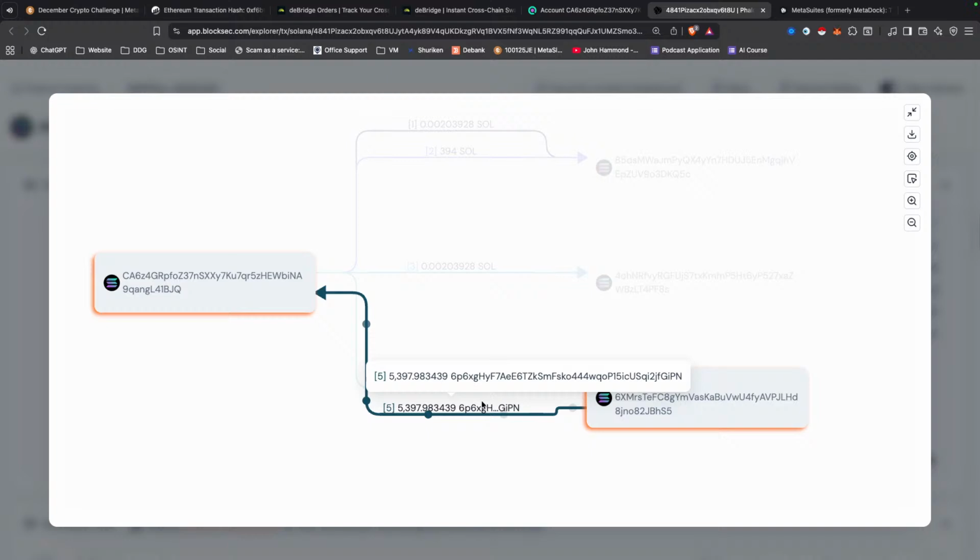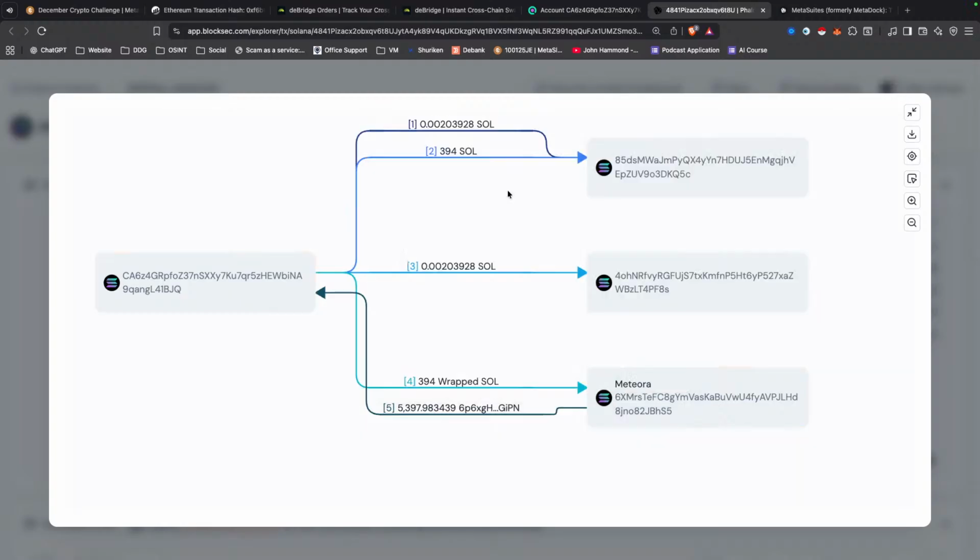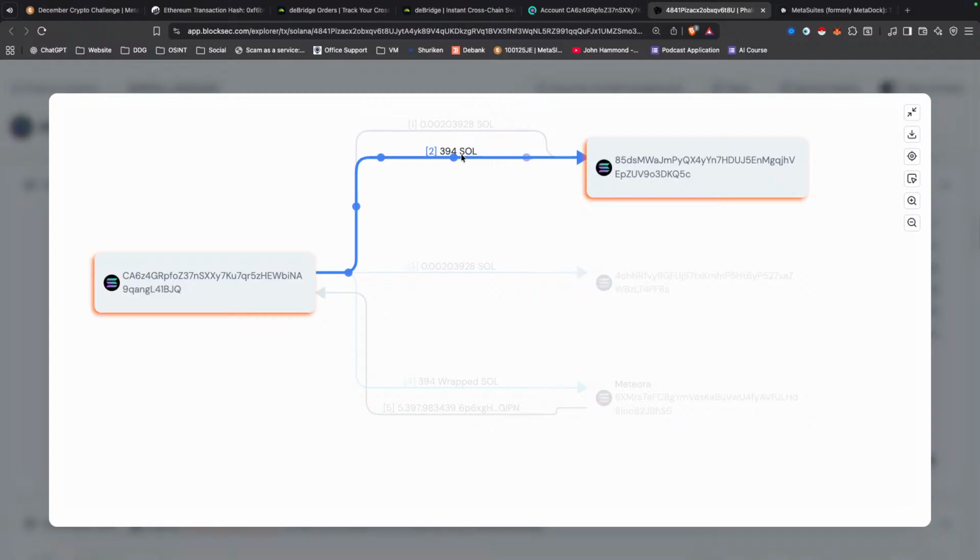Because it goes between Solana, wrapped Solana, and this token, and then you've got a fee in there, all of those things show as slightly different events on SolScan. So this Phalcon Explorer really just visualizes that. What we're interested in is that 394 Sol goes in, and the 5397 comes out. Okay, so let's find out what that 5397 is.